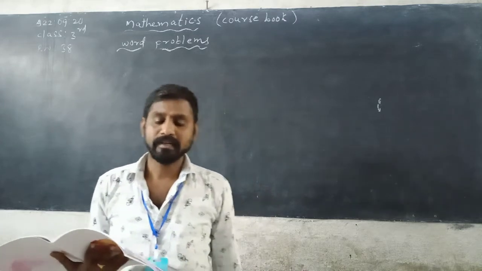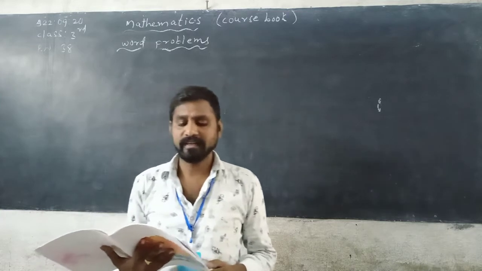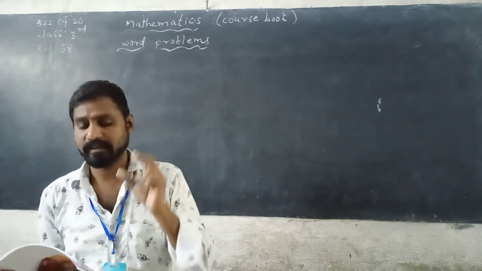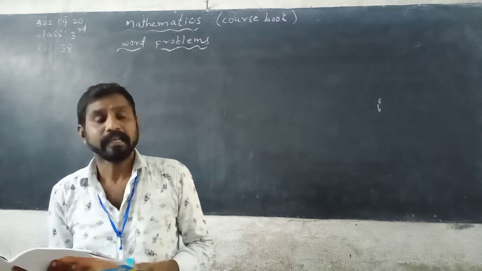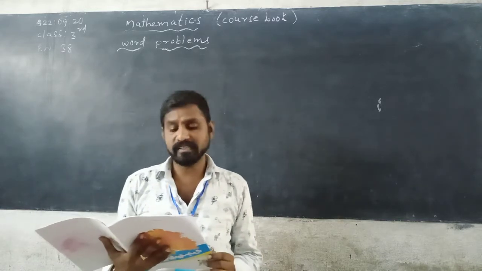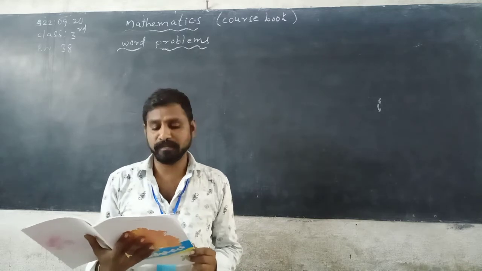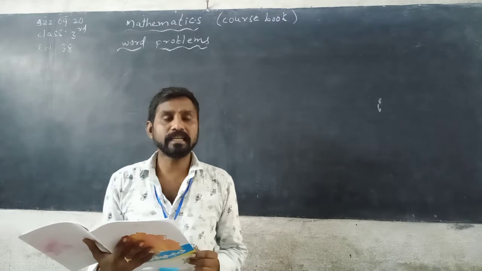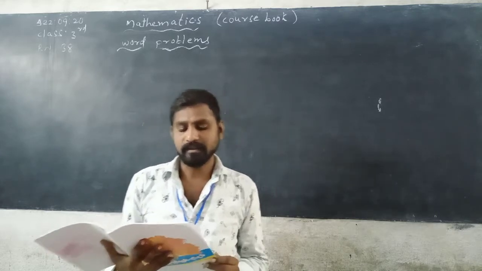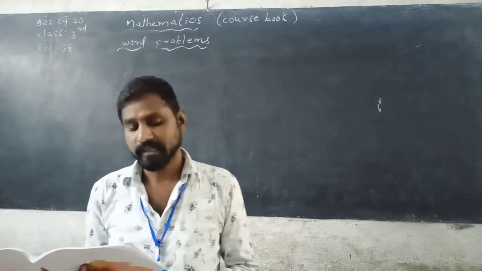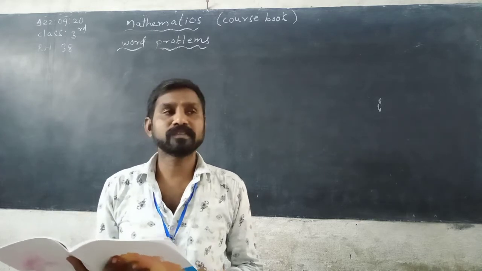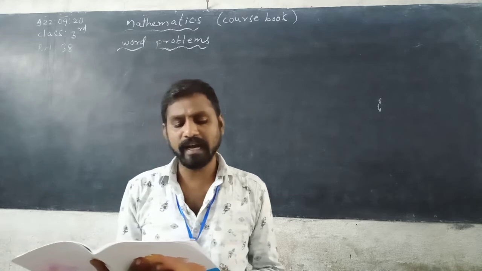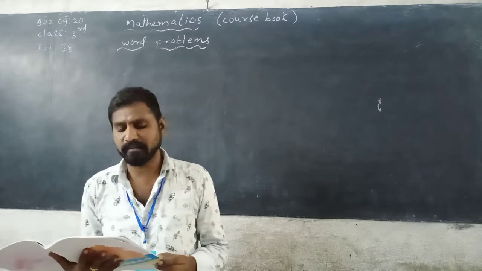See, a florist used 5,672 roses to make flower bouquets. He also used 3,759 tulips to make flower bouquets. We need to find the total number of flowers the florist used in a month. To know this, we need to add the number of roses and the number of tulips.